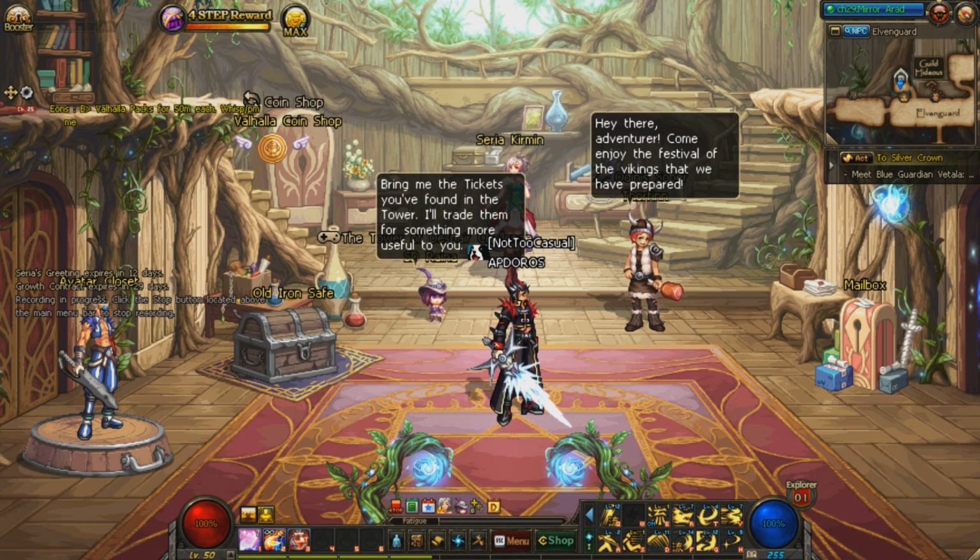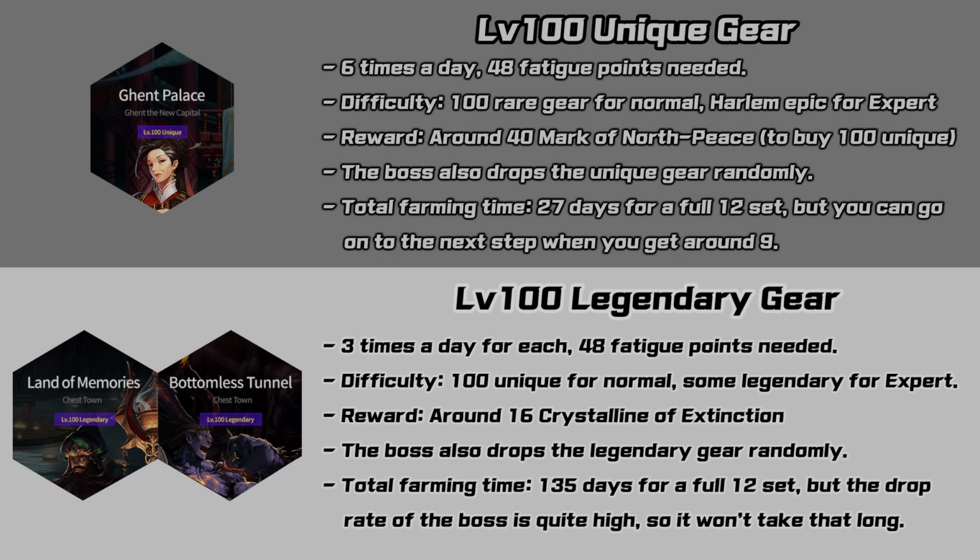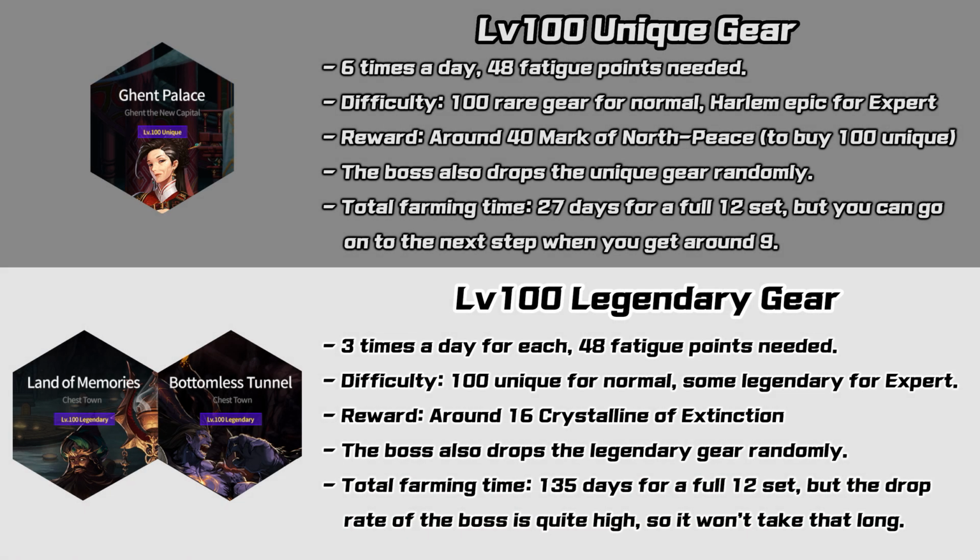This is the second part of the newbie guide from yesterday, and the video is going to have two parts. The first part is going to be about farming unique 100 gear, and the second part will be about farming legendary 100 gear. I'm going to keep posting helpful tips about the game as you get the updates,